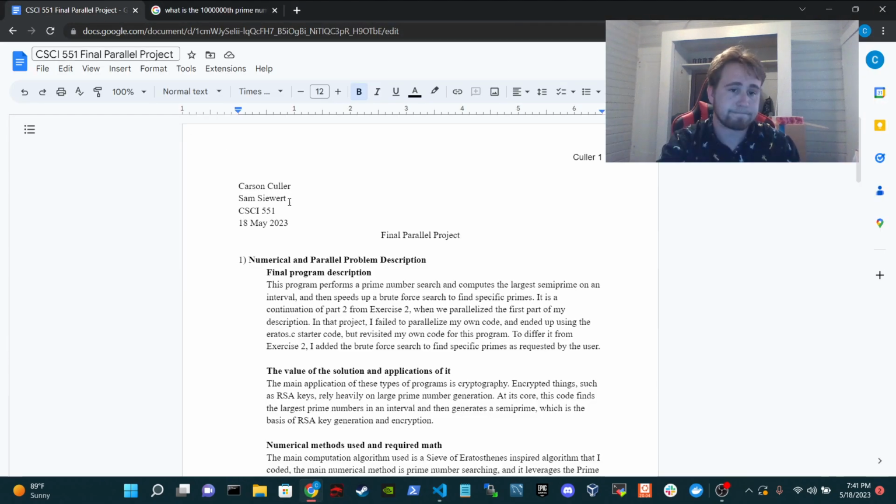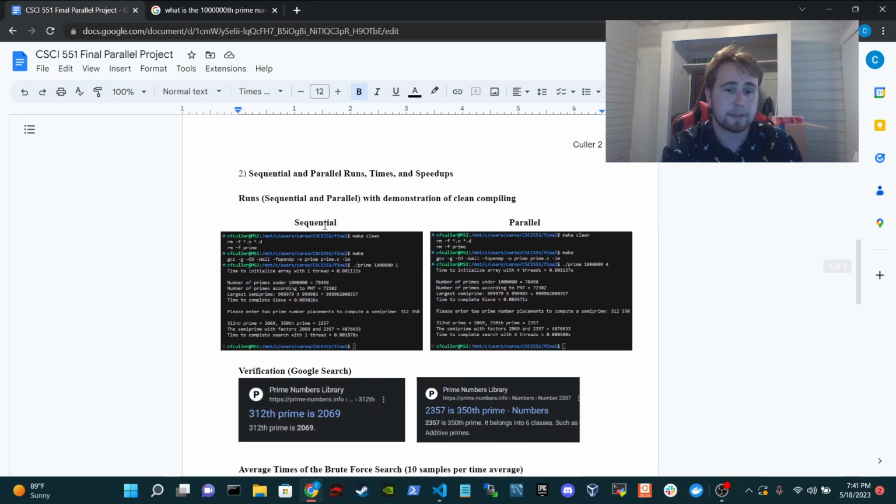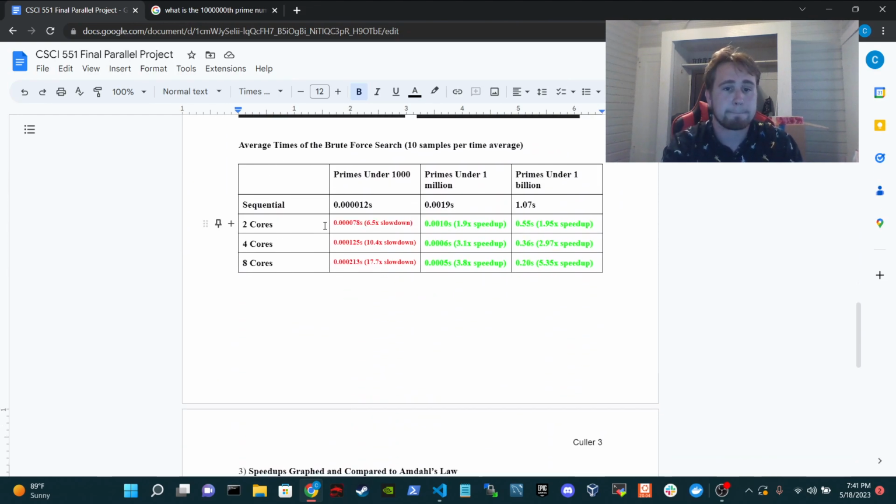Like I said, all of these findings, I would run the test 10 times, and then I would average those times and put them in this table. So let's see how well it really scales. I checked with n of 1,000, n of 1,000,000, and n of 1,000,000,000. Well, looking at this, as far as our primes under 1,000 go, sequential it went pretty quick, and we actually